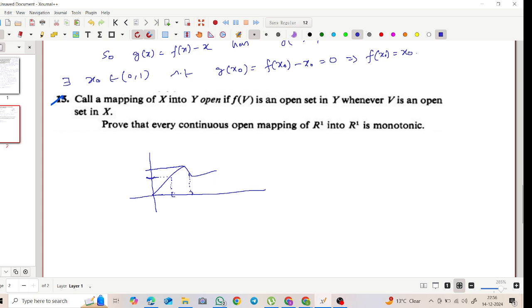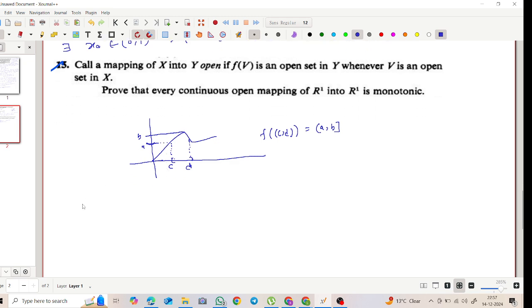Right? So the image is, suppose this is A and B and this is C and D. So f of open CD, the image is what? Open A closed B, right? Because it attains the point of maxima. So it has to be monotonic. Okay. Understood what I am trying to say? If there is a point of extrema, then f will attain it. So if there is a maxima or a minima, f is not monotonic,